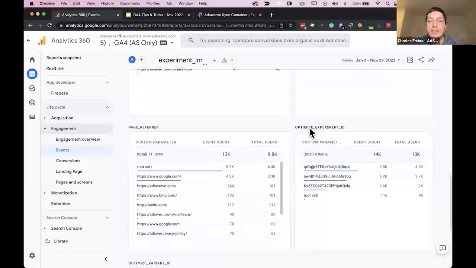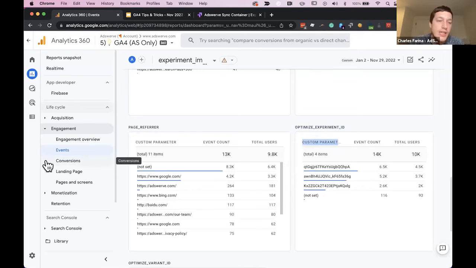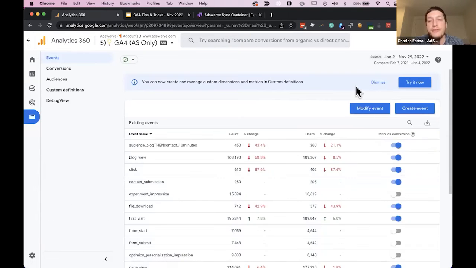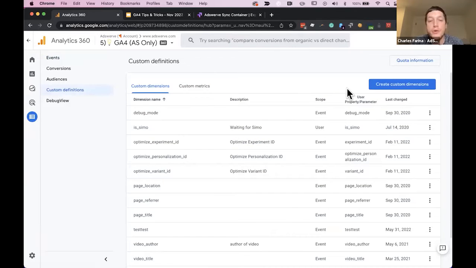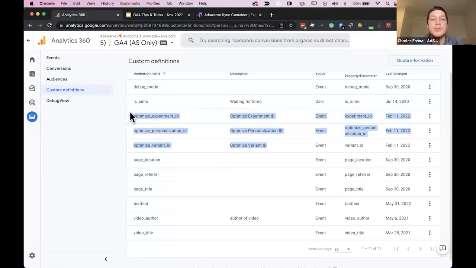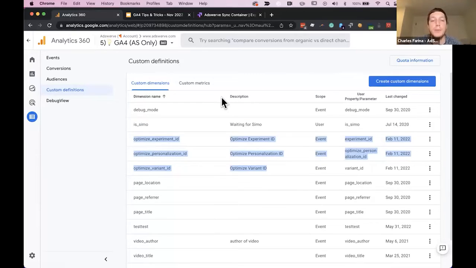So there's this fun thing in Google Analytics 4, where when you have events and you have parameters of an event, so here I have a personalization or an experiment event, and maybe I have experiment name or experiment ID. I want to know what experiment was testing. That's called a parameter of that original event. And one of the things you have to remember to do is you have to go inside GA4 and you have to actually create the custom dimensions for those parameters, or you won't be able to analyze your experiments or your personalization components from Optimize by default.